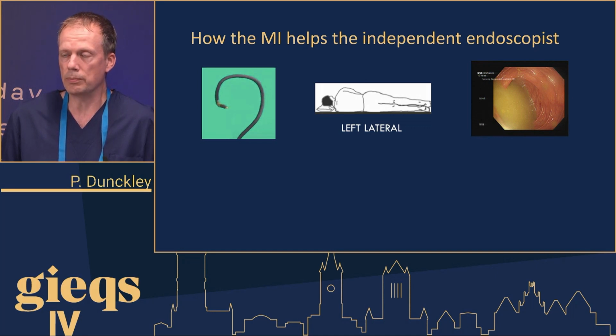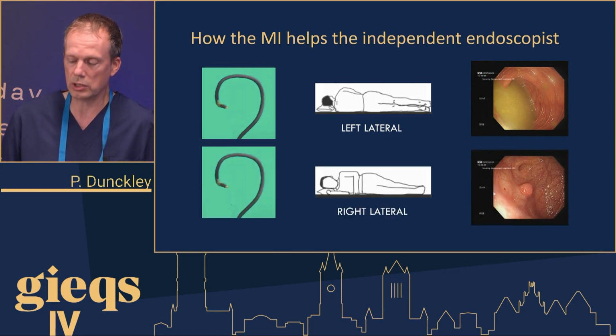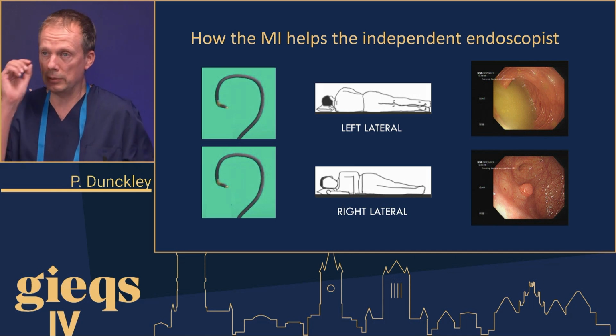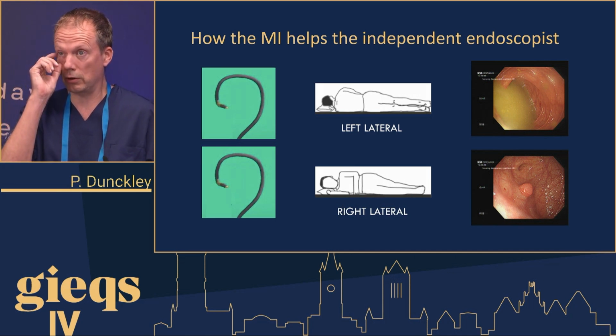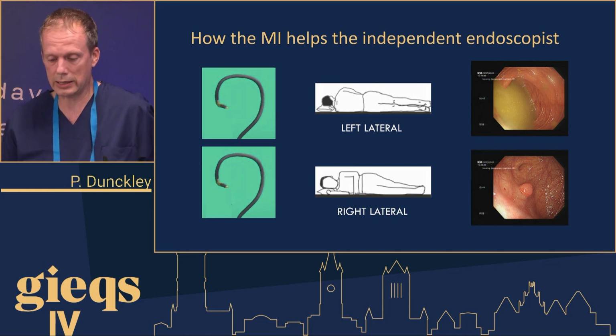So what you want is to move that cecum more laterally, and you want the air to go into the cecal pole and the fluid to drain away. So that means moving the patient into the right lateral position. And we can see here that the pathology is identified by doing so, and the fluid is cleared. If we think about those other images that I showed, if the cecum is going off laterally, then you want the patient in the left lateral position. So the key thing here is that the magnetic